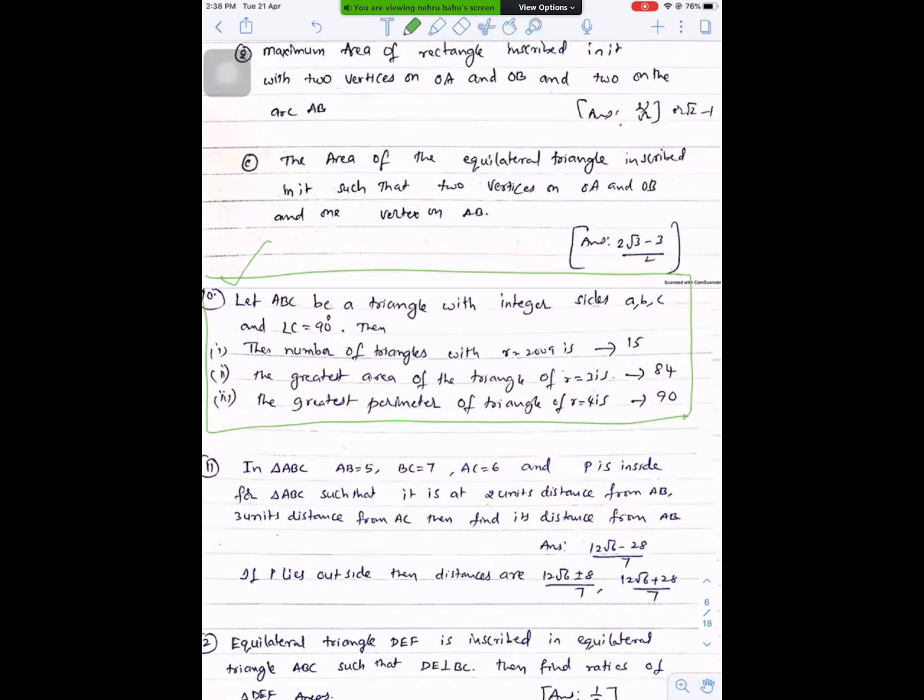Sir, in the first question, 1584, 90 are the answers for that problem. Sir, in the first question, we can take the Pythagorean triplet, like R equal to 2009 case. We can take k times m square minus n square as some side. That didn't work when we solved in class, sir. When we solved in class, we got an equation like a minus r.